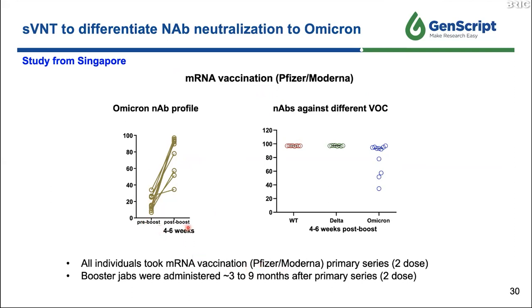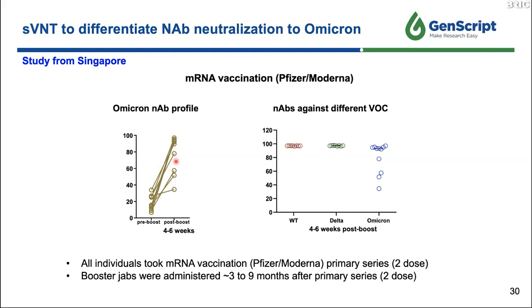And for the post-boosting, they are boosted with another dose of the mRNA vaccine. So we see here that for the pre-boosting samples, the percentage of inhibition is very low. Most of them are negative, which is below the 30% cutoff. While for the post-boosting samples, there's a significant increase in the neutralization against Omicron, but we also see a very